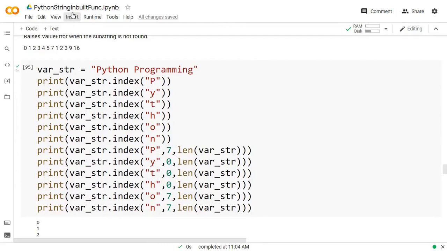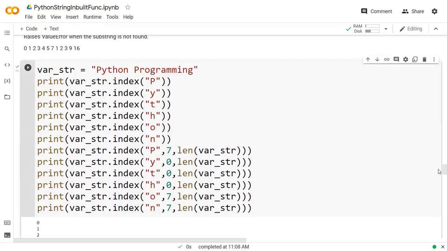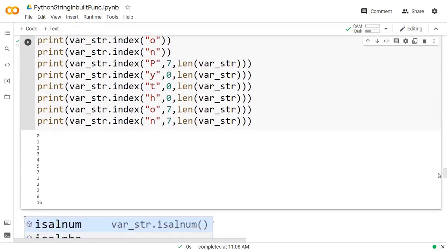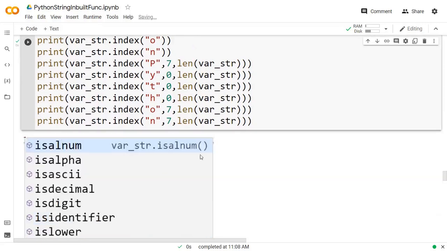And then what I am doing is providing start and end index numbers, and in between I am finding my values. Wherever the value is not available in the string, or in between those start and end index numbers, it will throw an error. So you should be a little bit cautious about it, and according to that you can perform your work.